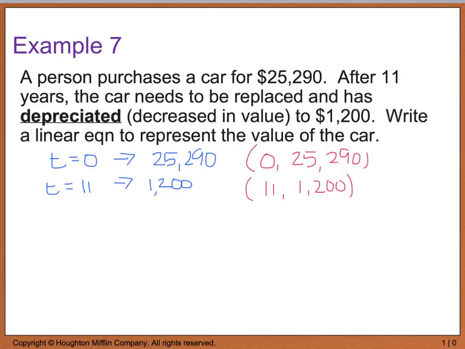So to do that, I'm going to use my slope formula. So m equals, and I'm going to call this my x2, my y2, this will be my x1 and y1, and it doesn't matter, the numbers will work out the same,